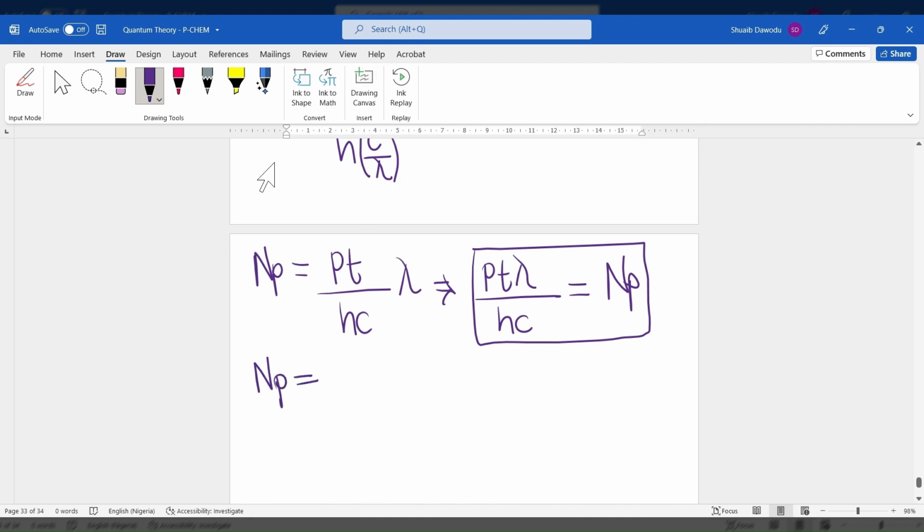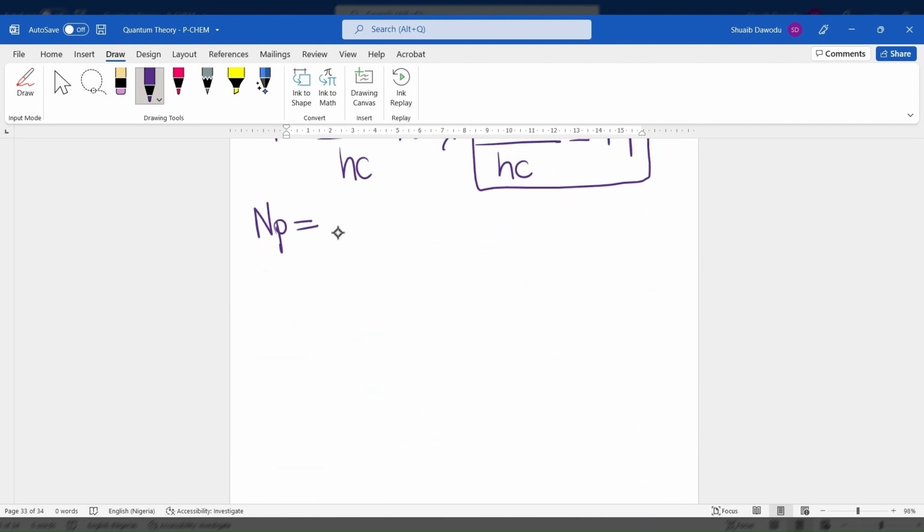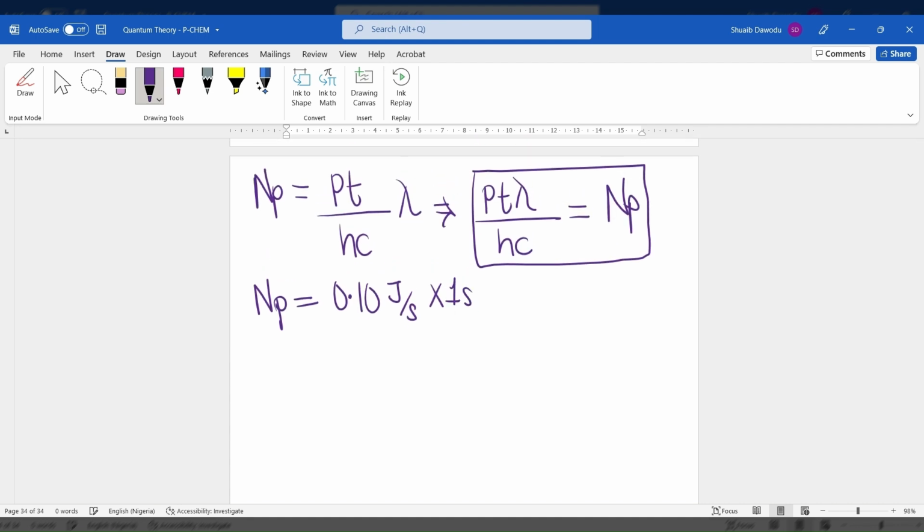So NP just involves us simply substituting. The question says the power is 0.1 watts. Note again, a watt, the unit of power, is just joules per second. I want to quickly say that because that is what I'm going to be substituting here. So 0.10 watts is the same thing as 0.10 joule per second, times time, which is 1 second,